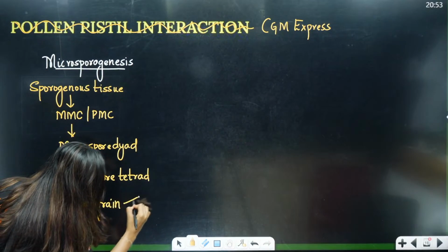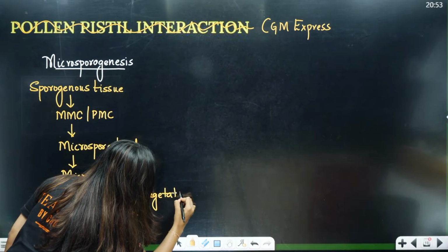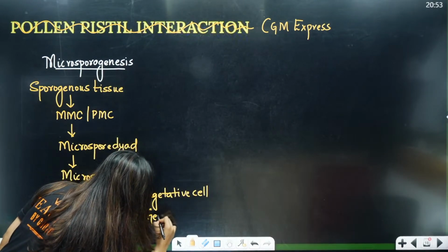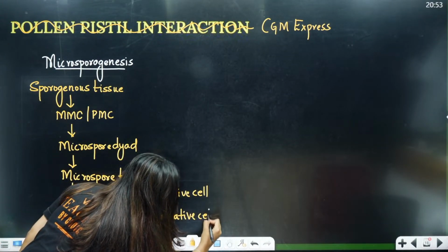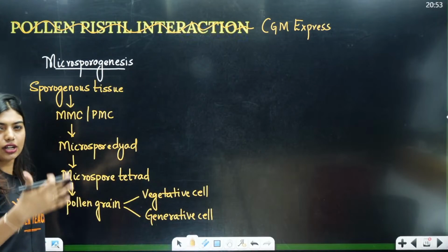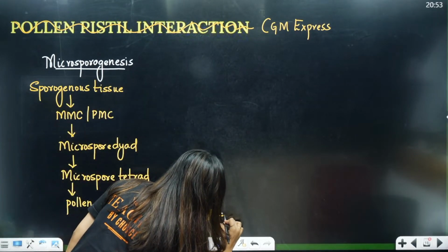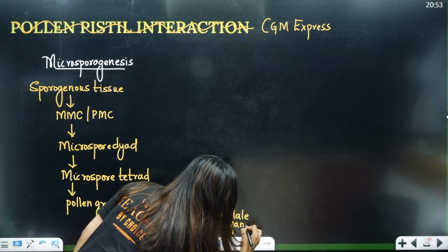Okay, in the pollen grains you have vegetative cell, exine, intine and all, you people can remember, okay? This is the important part, generative cell. And generative cell again undergoes division, tube nuclei will be there, male nuclei will be there, and that leads to the formation of the male gamete.